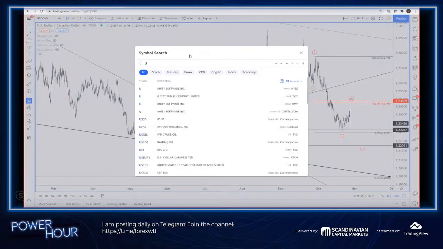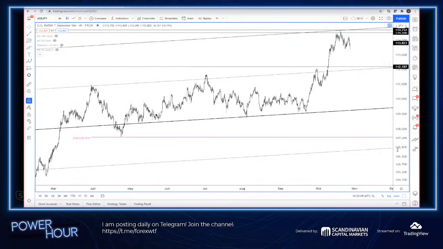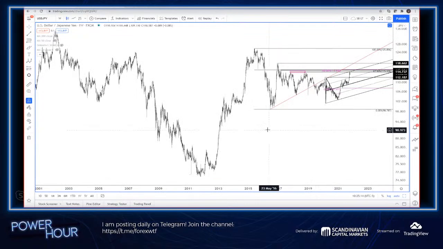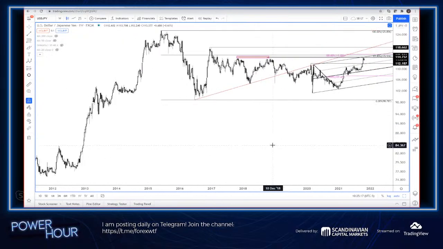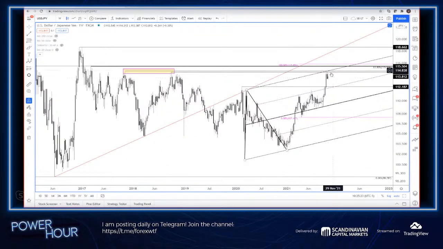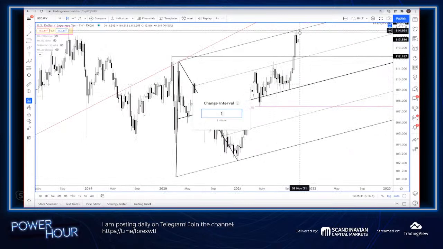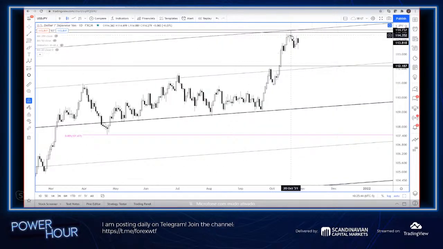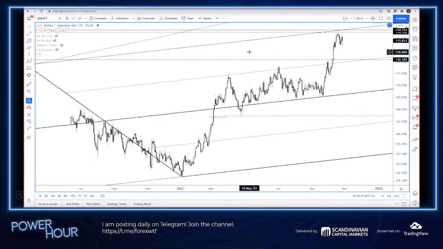All right, let's go to dollar yen. We go to a weekly chart here, and this is an interesting level. This was our longer term target, or you can call it a medium term target, up at 114.50s to 70s because of these highs from 2017 and back in 2018. It's also that channel line, which you can see we absolutely nailed, like to the tick. And since then, we've come off a bit, right?